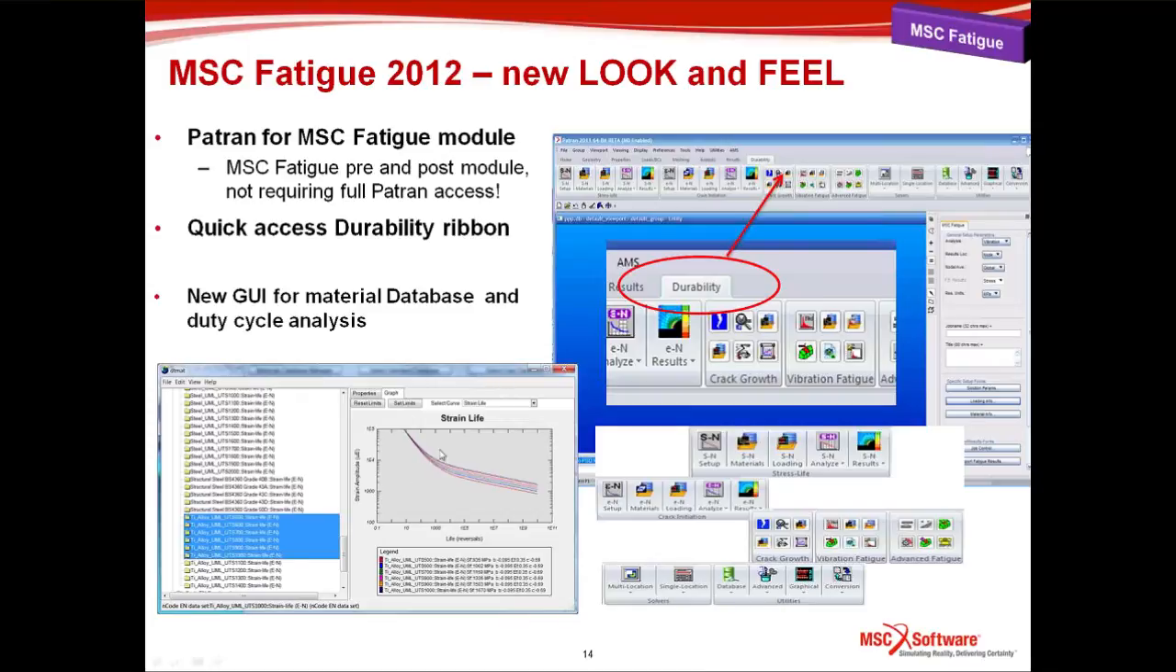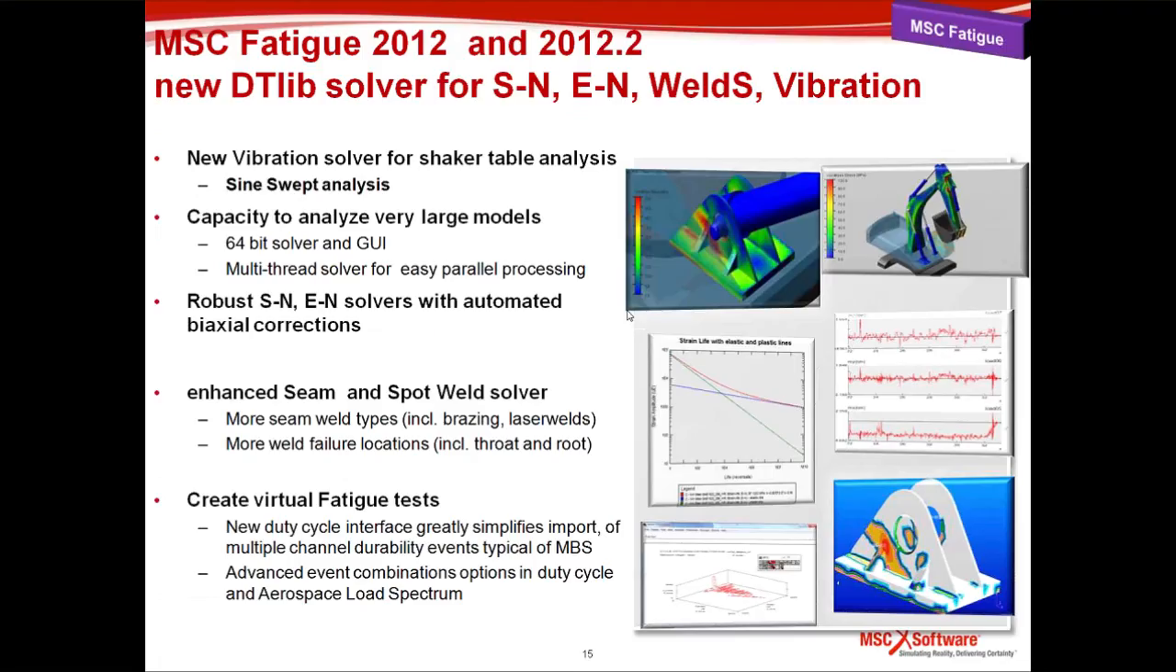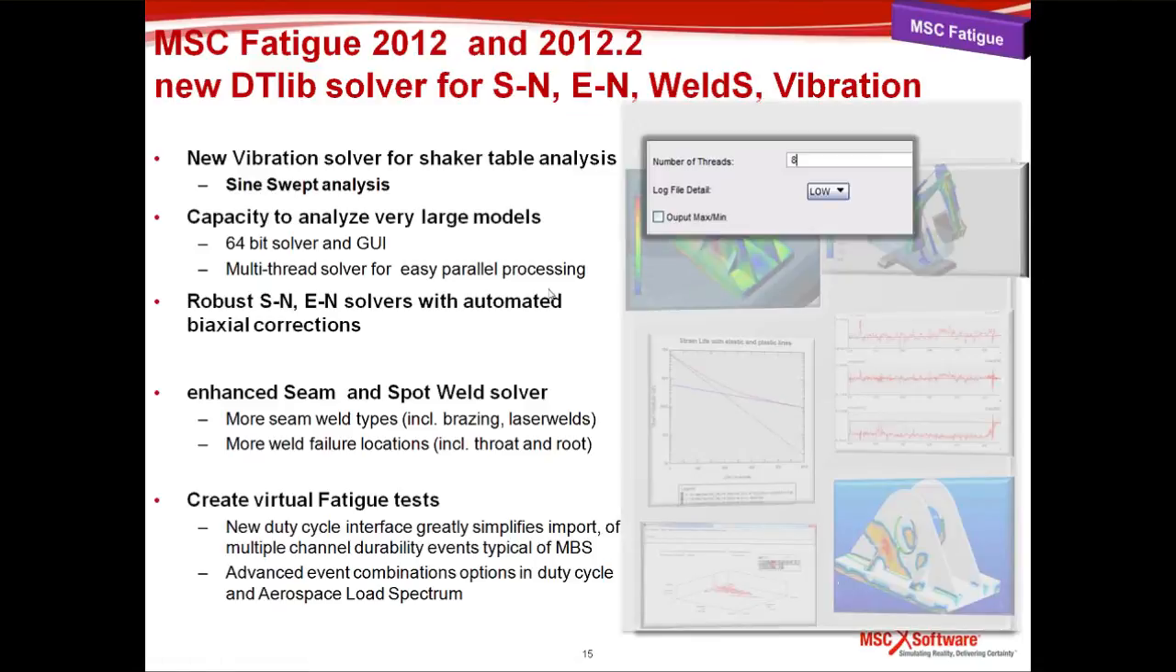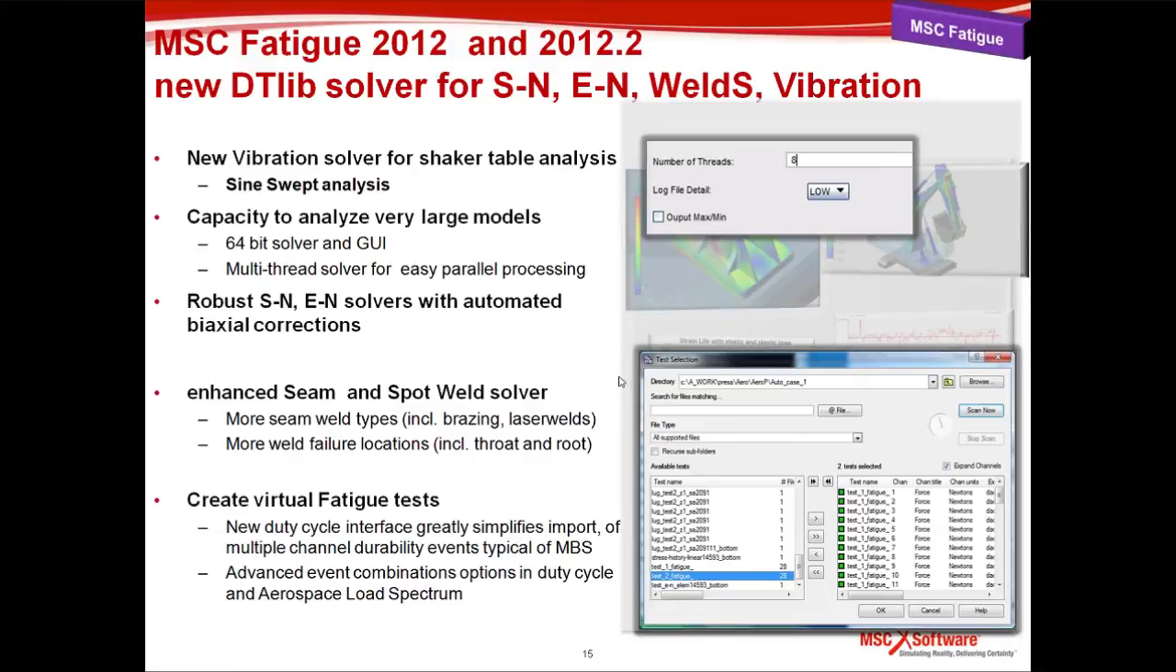So this is just a snippet. And then we have a new solver for sine sweep analysis, a GUI that is 64-bit, but also a solver that is 64-bit, so the capacity to analyze large models. We also have the possibility to simultaneously activate multiple threads, which is basically parallel processing, and this obviously makes fatigue analysis much quicker. We have more robust EN and SN solvers, enhanced SimWell capabilities, and we're going to look through